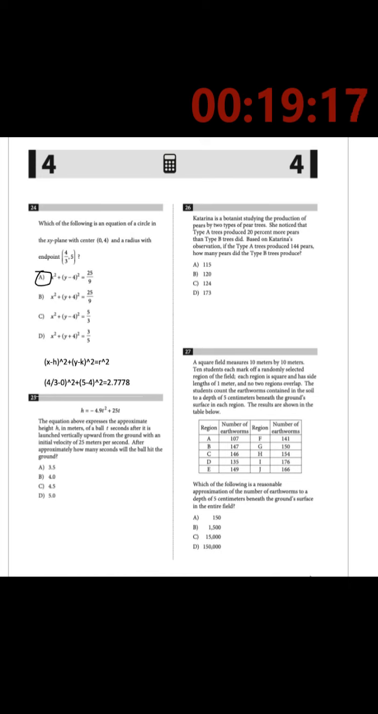Okay, so when the ball hits the ground, the height is 0. So you would set h equal to 0. And then you would set 0 equals negative 4.9 t to the power 2 plus 25t. And thus,